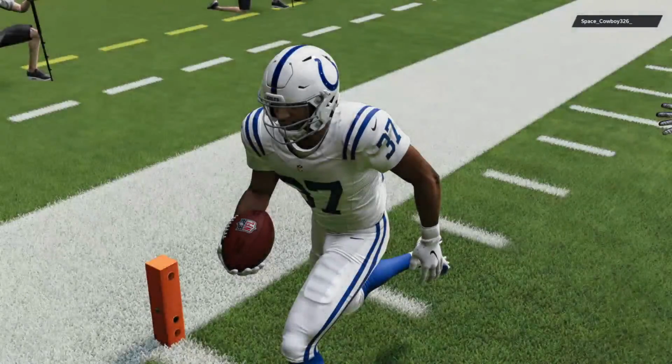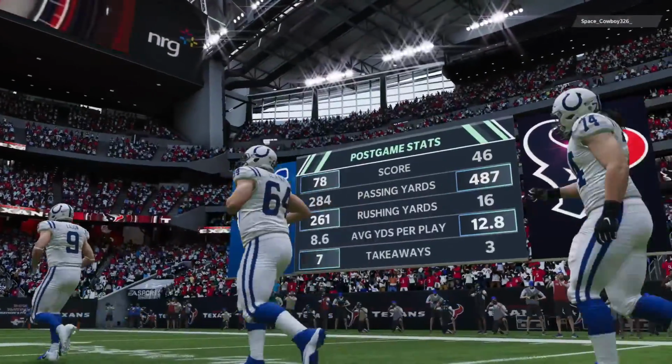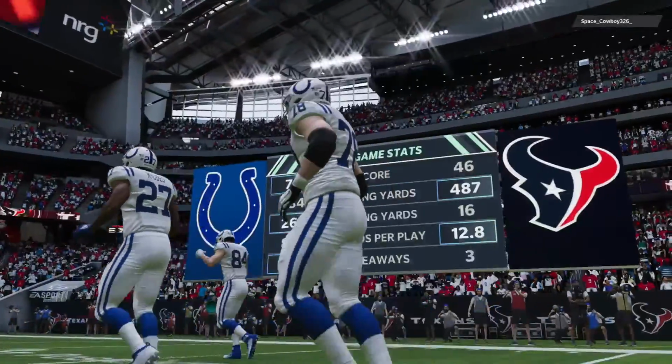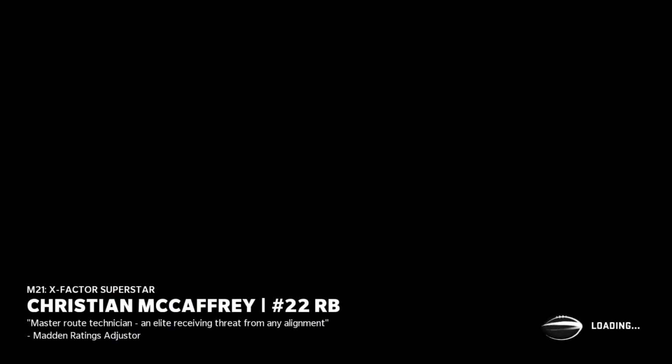They think that they can bottle this and carry it with them. And as an offensive coordinator, you just don't think you can do anything wrong. Whatever you call, run, pass, it's all going to work. That's called being in the zone. So for the Colts, the win gets them back to 500 at 6-6 on the year. And they will